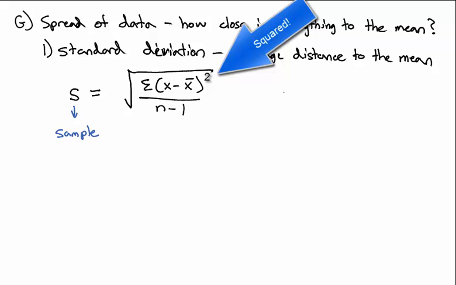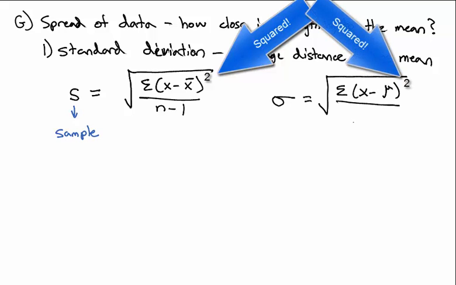Versus a very similar formula which uses the Greek letter, lowercase sigma. It looks like a 9 on its side almost, maybe a little more curvy. Sigma is equal to the square root of the sum of (x minus mu), notice the Greek letter again, over n. This is the standard deviation of the population